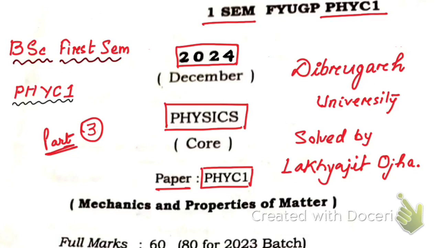Hello friends, this is part 3 of first semester mechanics and properties of matter question paper solution, paper PHYC1 physics,